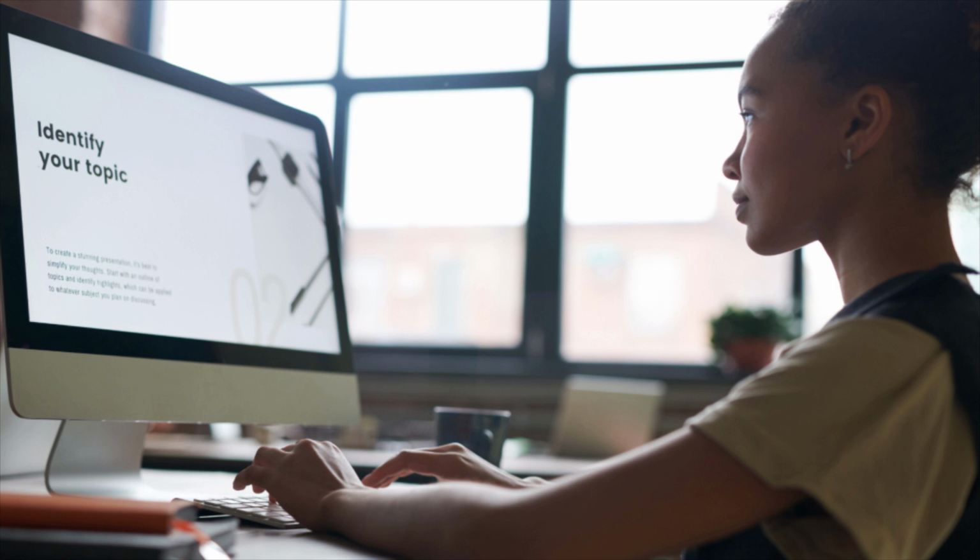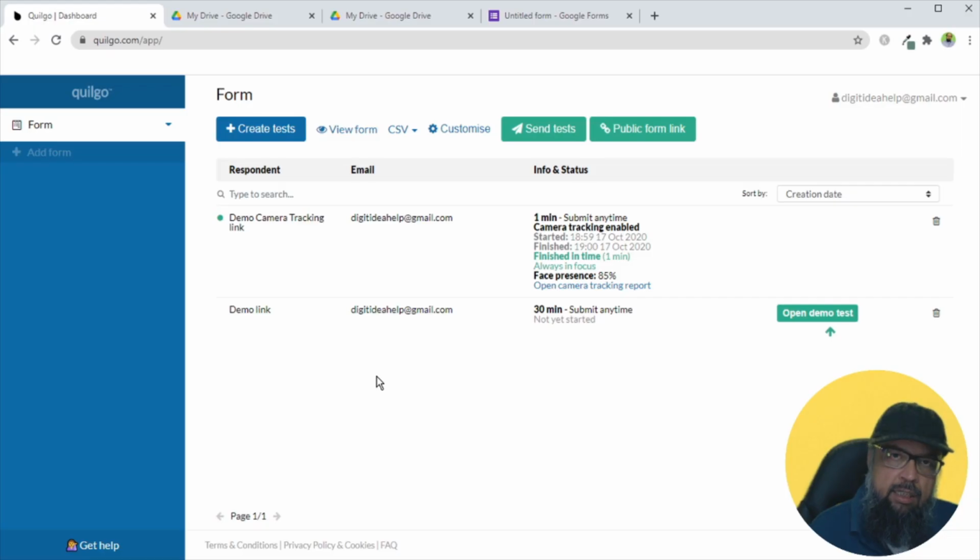And if you use a darker color themes in Google Forms, by looking at these photos, you can at least see that they are looking at their own forms or their own online exam and not any other screen. So, they are not opening any other tabs. So, this is what you can do at the best, and this is the way you can prevent cheating in Google Form quizzes and in other online exams by automated proctoring using Quilgo or using Timer Plus Proctor.